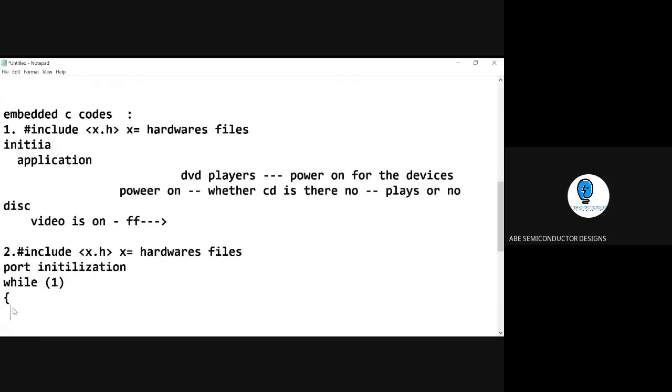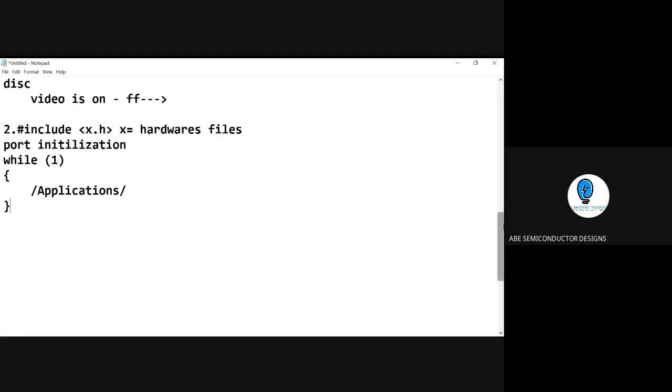And our application starts here. This is the code whenever you write for any kind of hardware platform, either with Python or with embedded C. This is the major application. This is the major structure for writing your code.